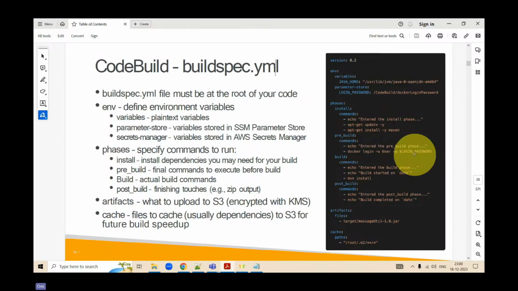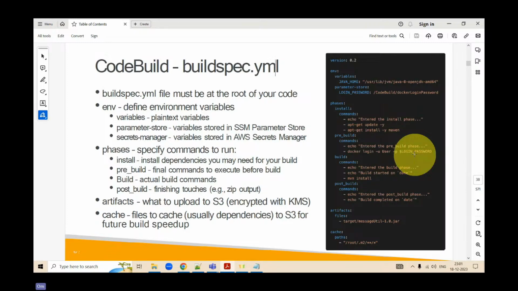That means you're logging into Docker using your existing user name. Got it?